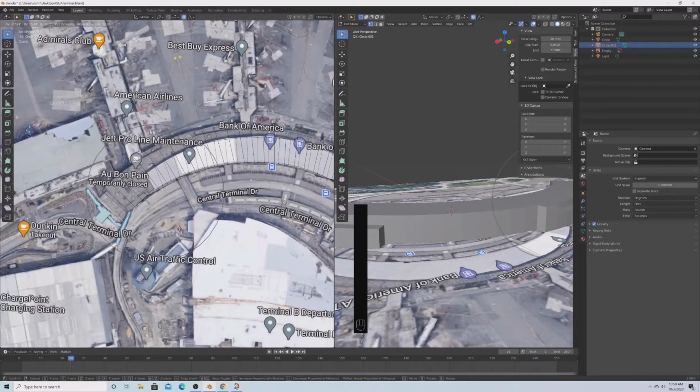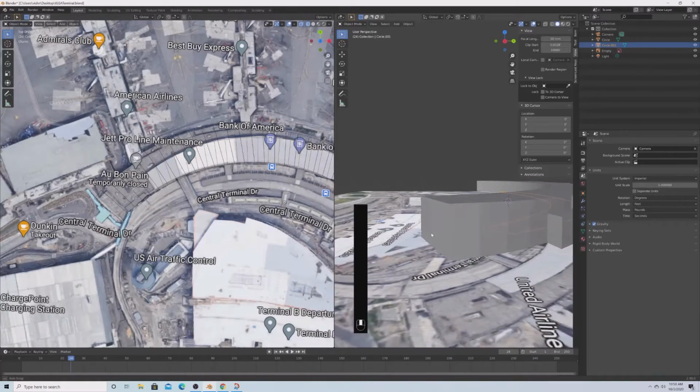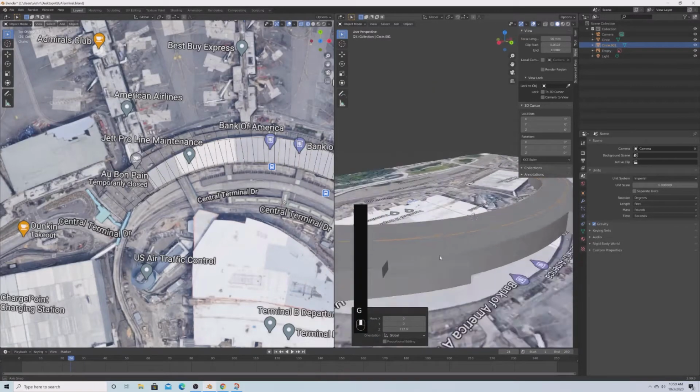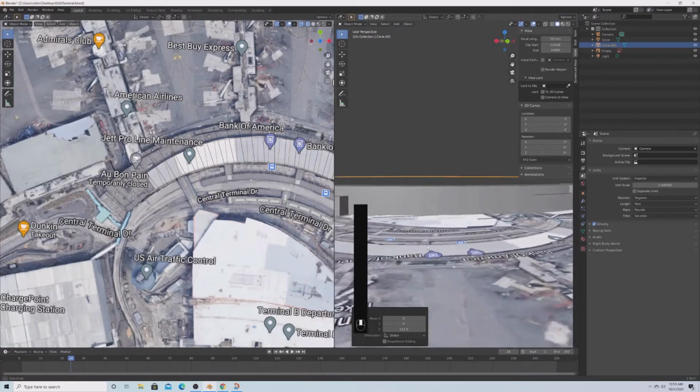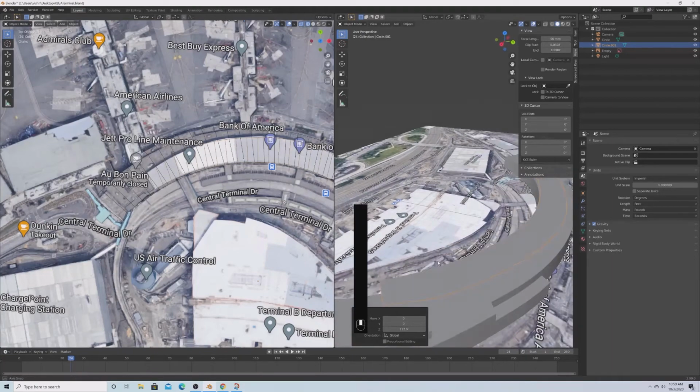Okay, this is not cooperating. Looks good. Alright, so now I'm going to move this up to where it would be in real life, and now you'll notice that this is again a flat planar thing. I don't know if that's the correct use of the word planar, but